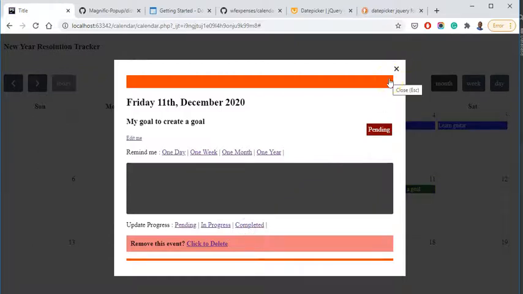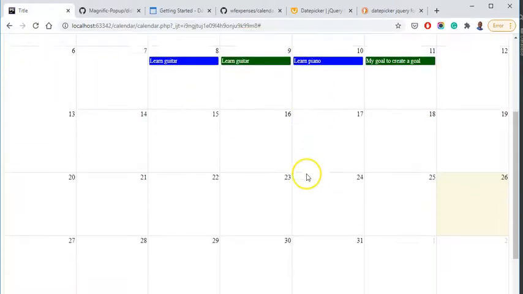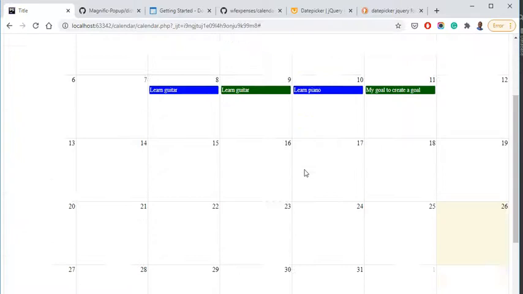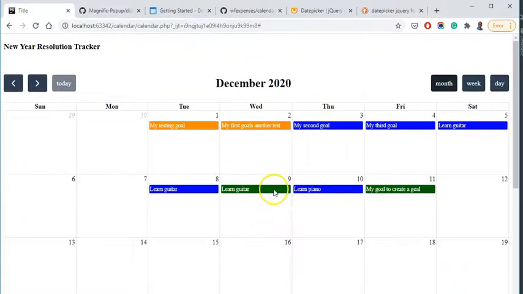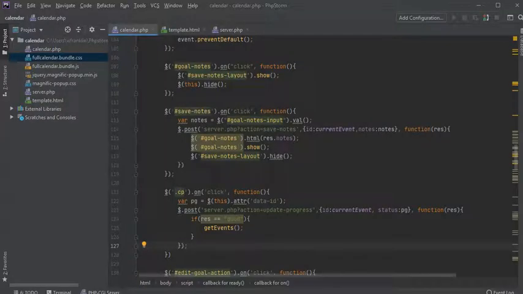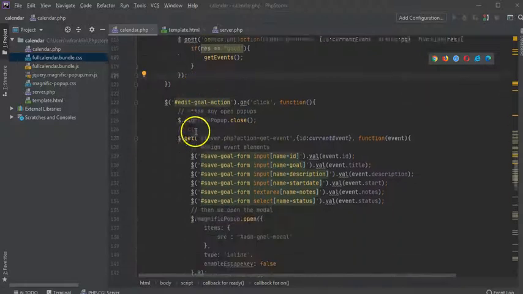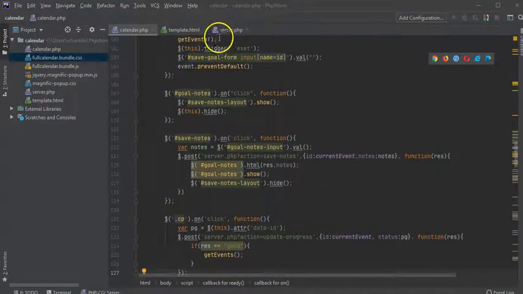And we want to do the same thing for 1 day, 1 week, 1 month. So we're going to do the same thing for remind me. So that's going to change the color. Well, it's not going to change the color. It's going to shift it to 1 week in the future, etc. All right. So to do the remind me, what we have to do now is pretty simple. We're doing the same thing as before. So in our calendar,